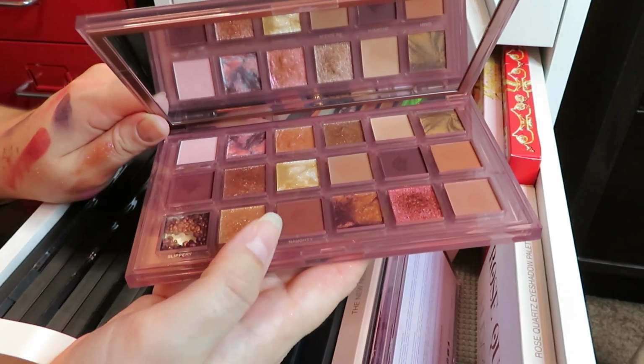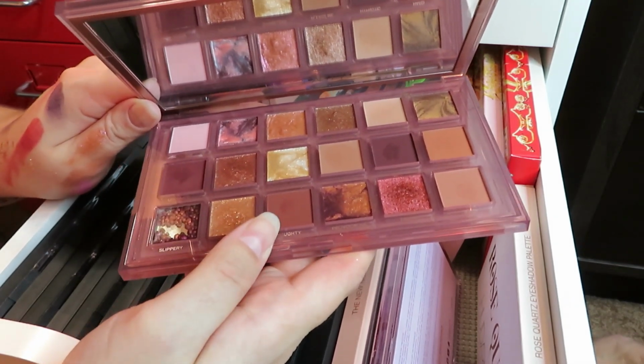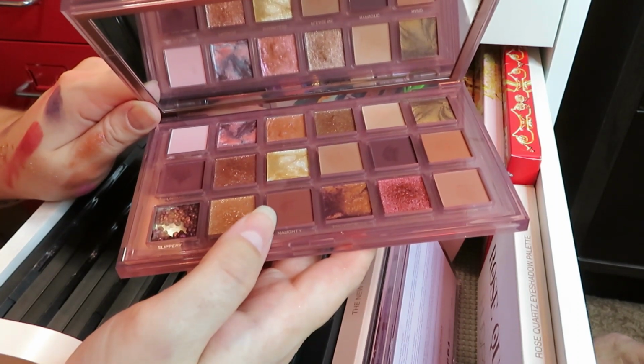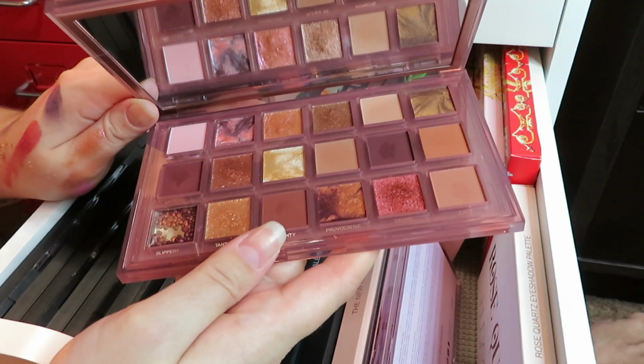But this will be in my Shop My Stash or some of my projects in the near future for sure. But it's a very beautiful palette. It reminds me a lot of the Rich palette that she came out with in the 9-pan version, the little small one. And I really, really like that she has an eyeshadow palette that would be geared toward mid-tone